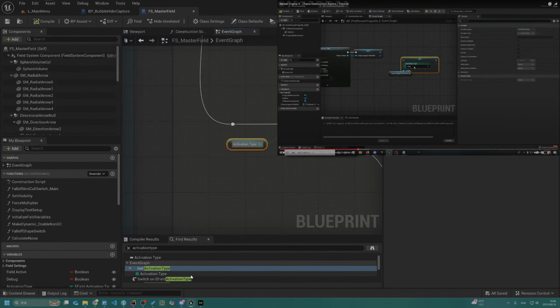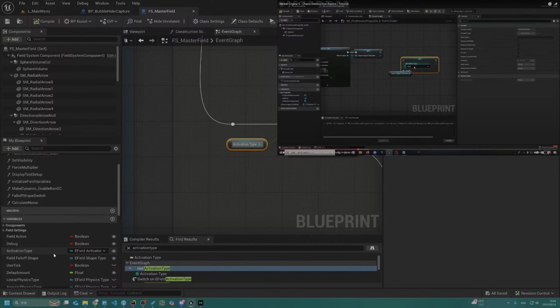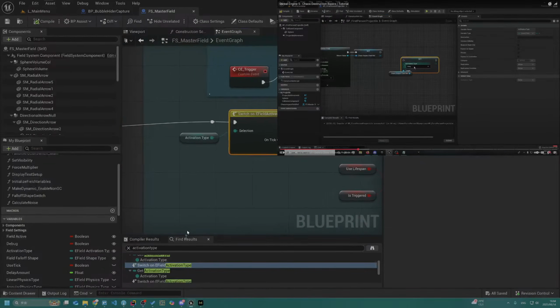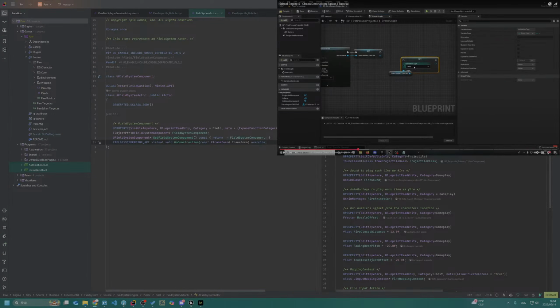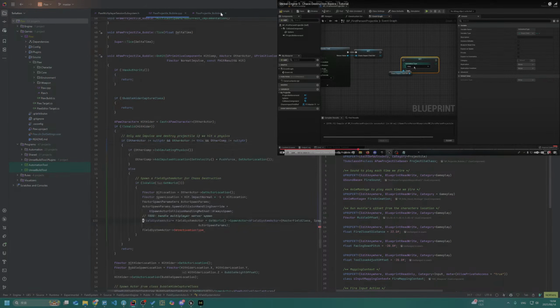Oh, that's blueprint things. I cannot say it in C++ because it's a blueprint variable. Where is the set activation type? They're using that there. So I cannot do it.